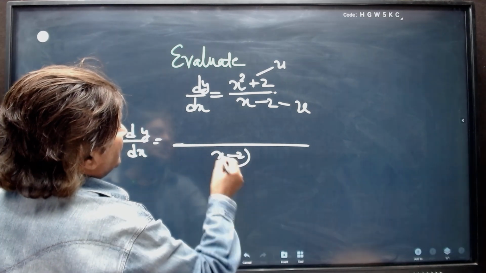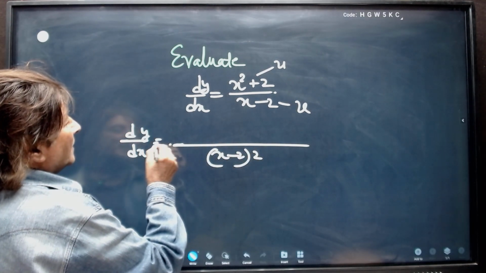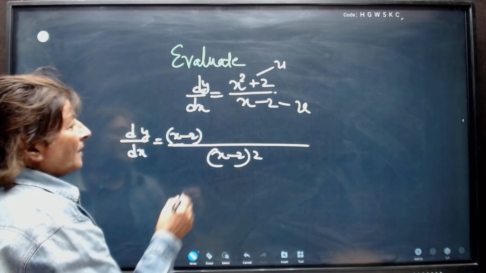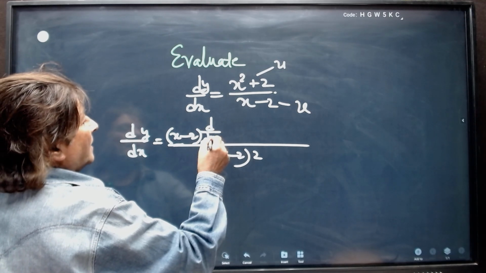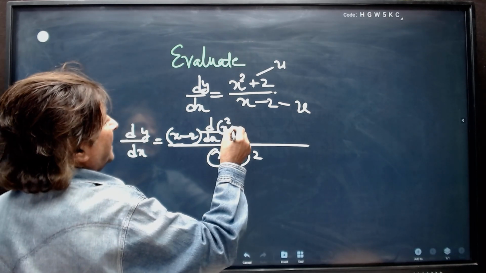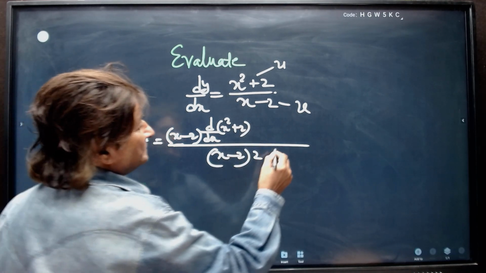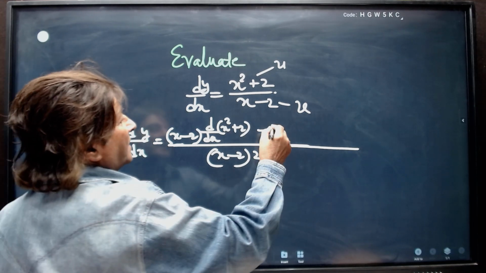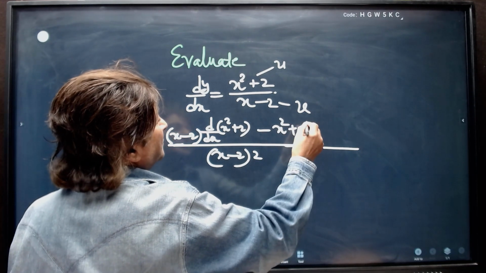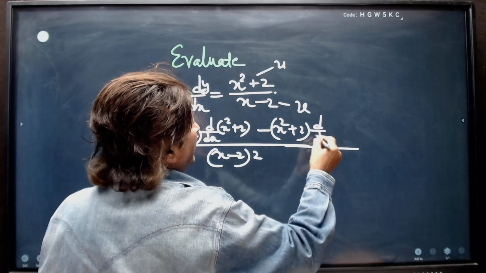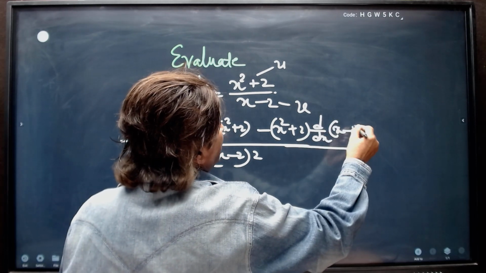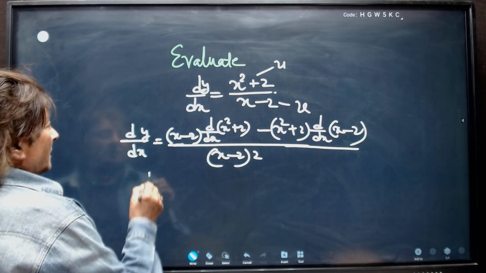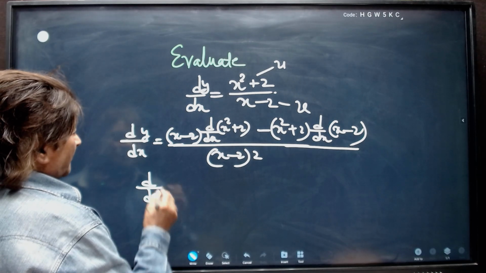x minus 2 square, x minus 2 as it is, d/dx of x square plus 2, minus x square plus 2 as it is, d/dx of x minus 2. Now d/dx of y,